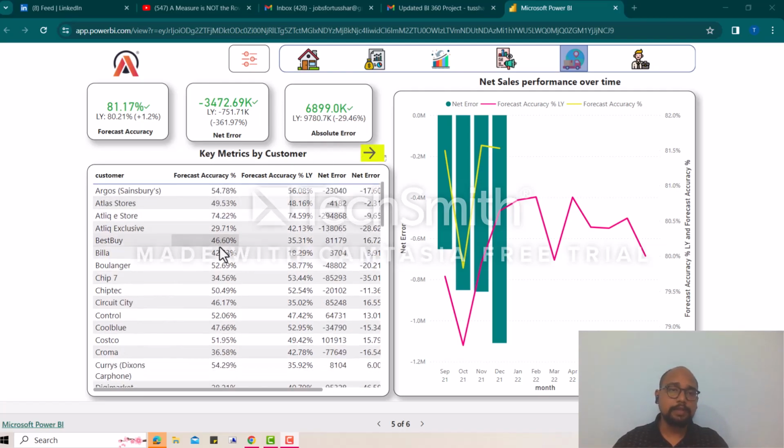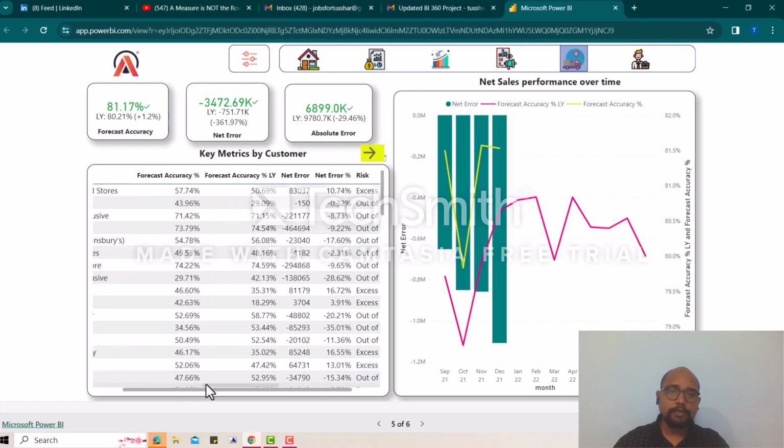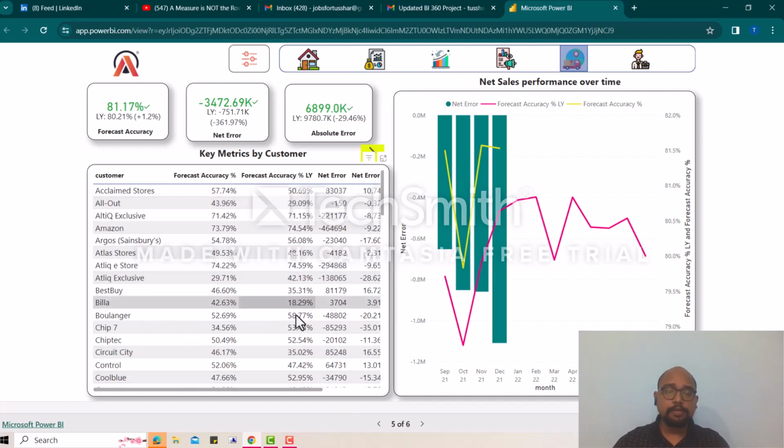Right, so these are the KPIs for it, and these are the customers with the forecast accuracy, the net error, and the net error percent. And it also depicts the risk, whether it was out of stock, or whether we had an excess of inventory. All right, so these are the key metrics by customer, and this one is net sales performance